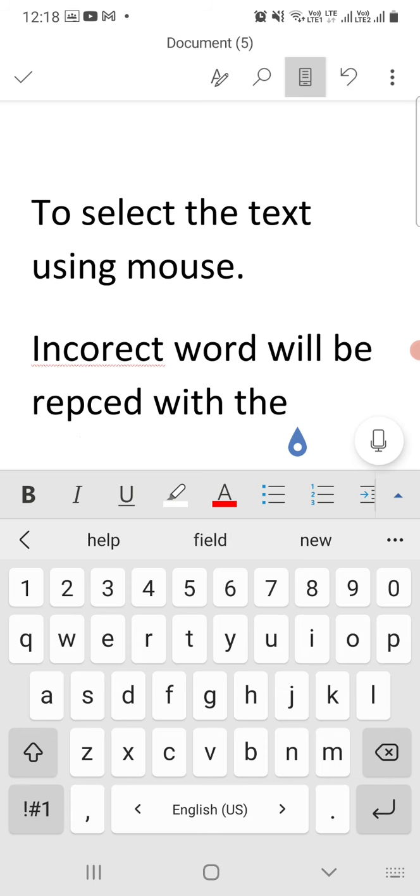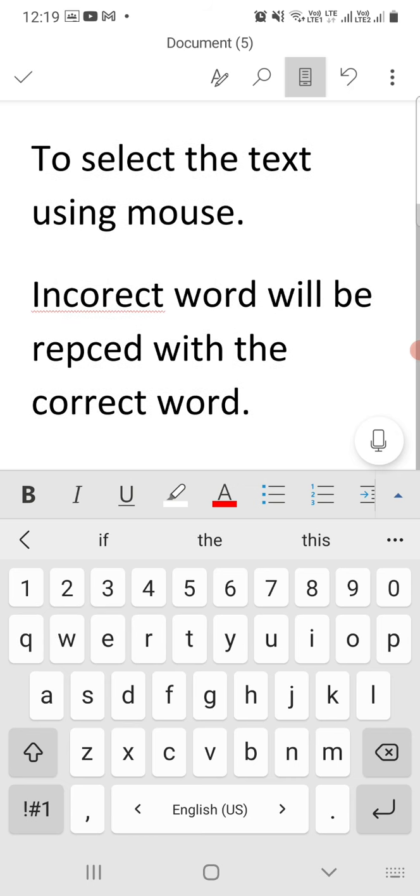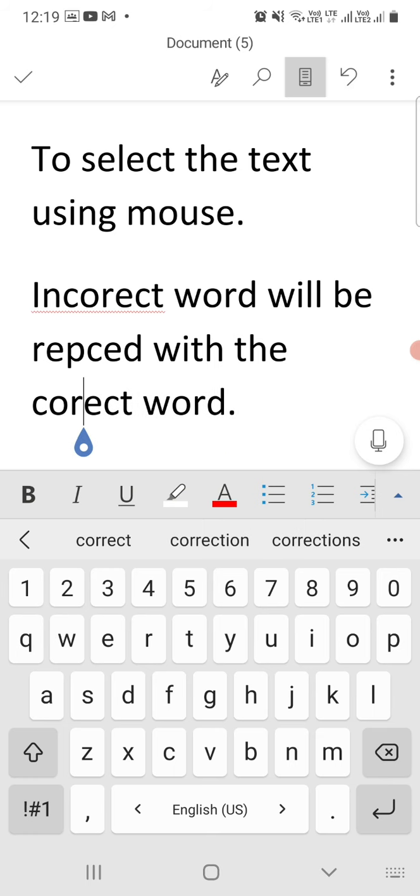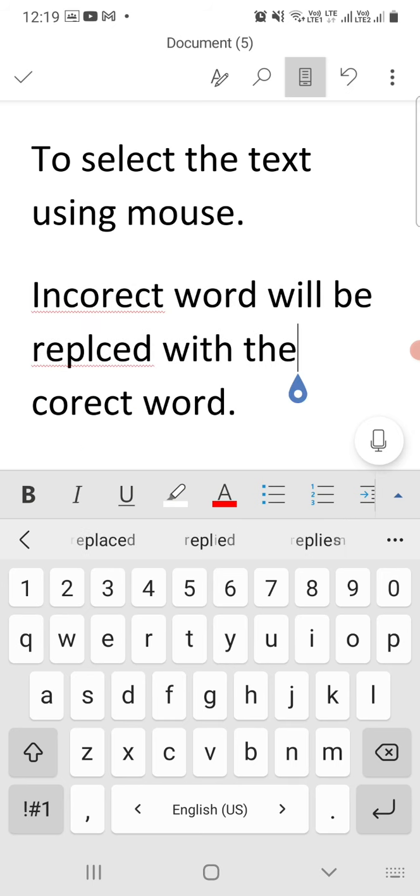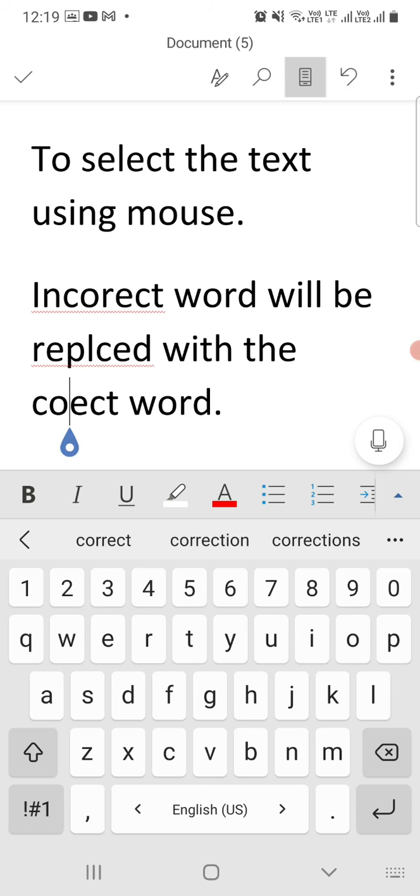Sorry, replaced with the correct word. Okay, so in this line you can see these three words are underlined with a red wavy line. That means these three words are wrong spelling. The word spellings are wrong.